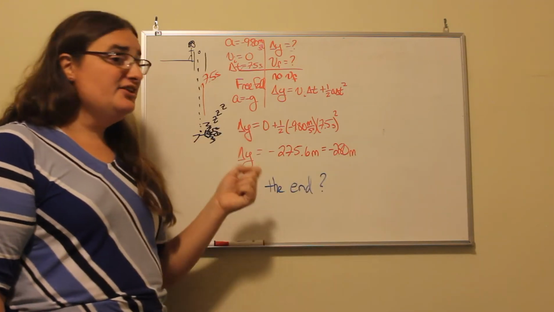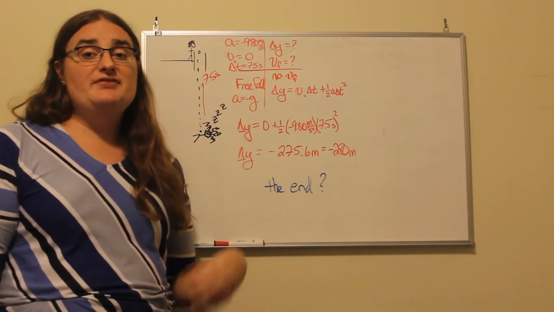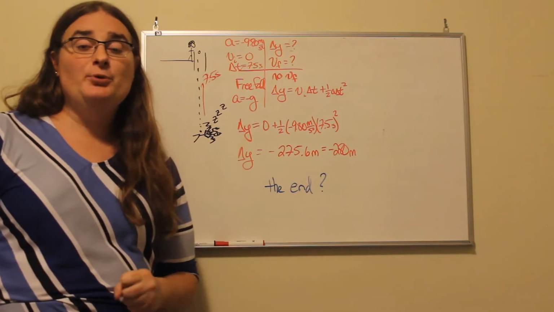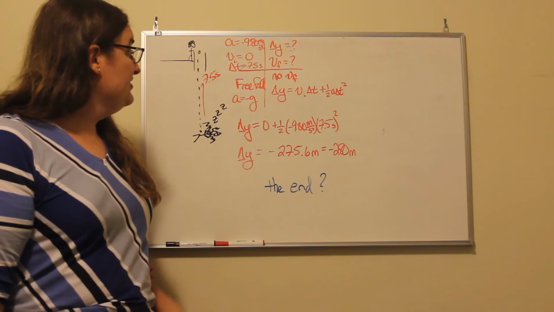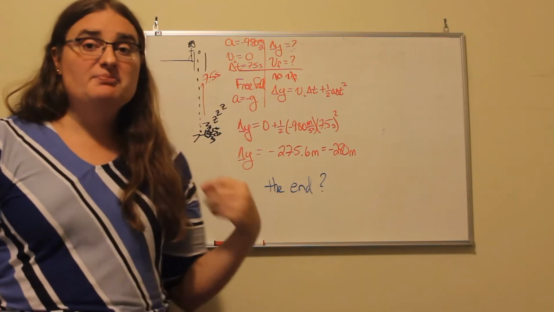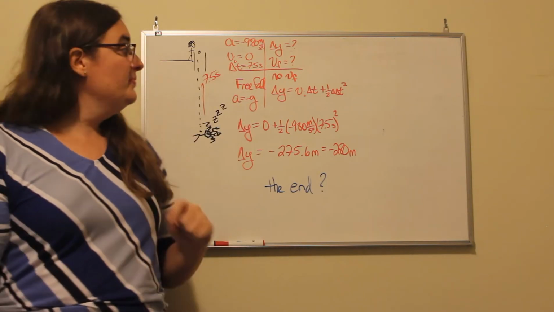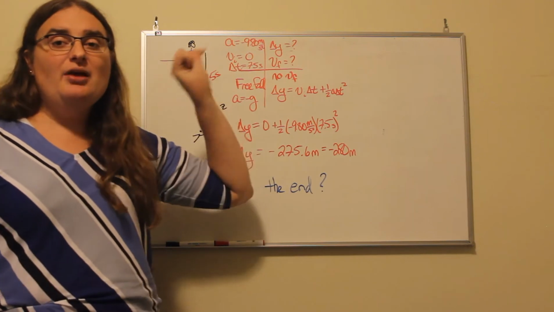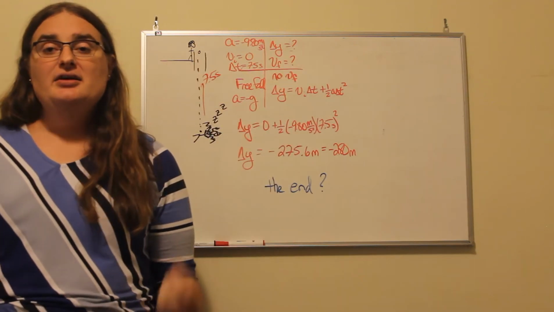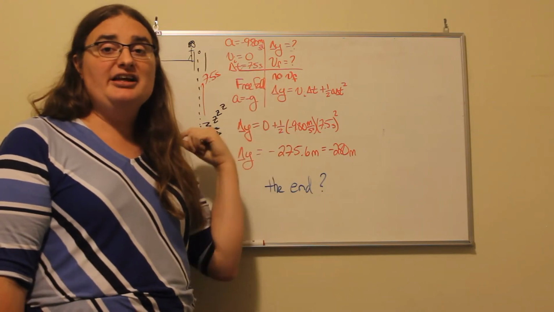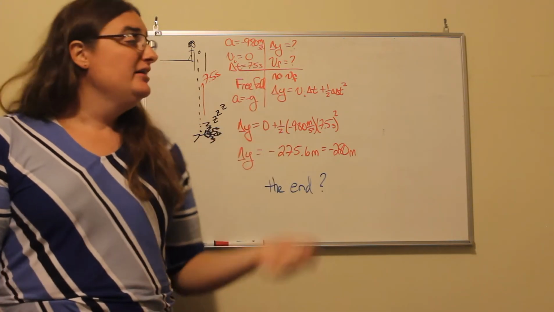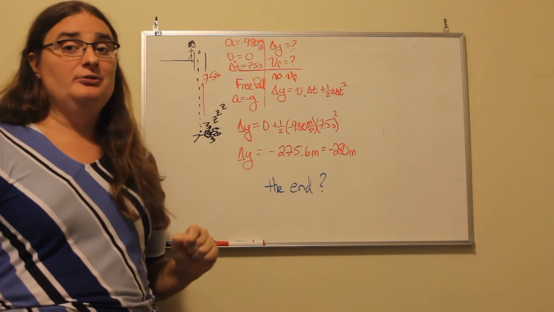So the acceleration would be minus the strength of gravity, which we approximate as 9.8 meters per second squared. We're starting at rest. Our change in time is 7.5 seconds, which means we don't know our distance and we don't know our final velocity. But we don't need to know how fast that stone was traveling just before it hit the bottom to figure out how far it fell.